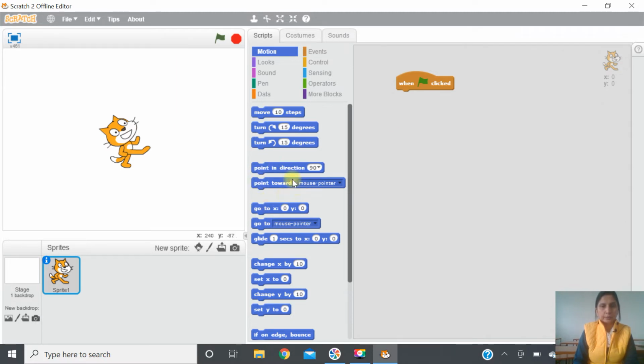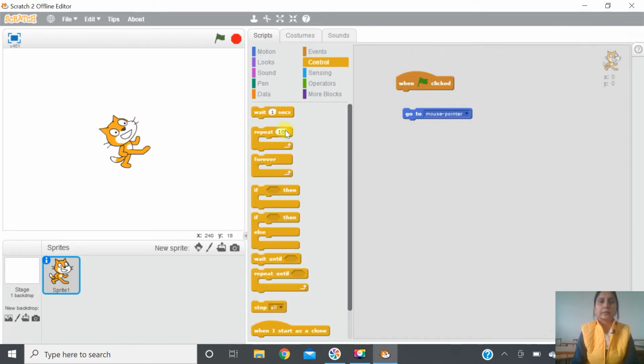Now after go to X 0, Y 0, next is go to mouse pointer. Again I am keeping it in a control forever block. In pointing towards, we have seen that it points towards the mouse pointer, but here it will change the position.